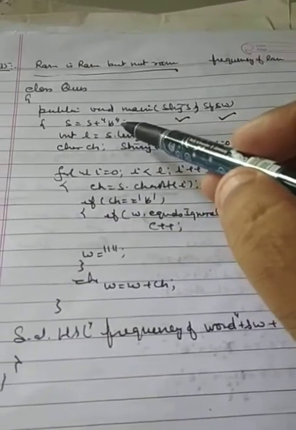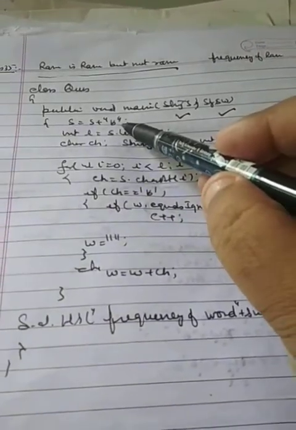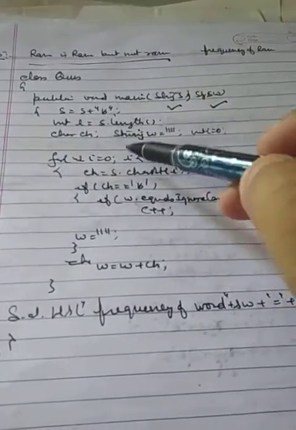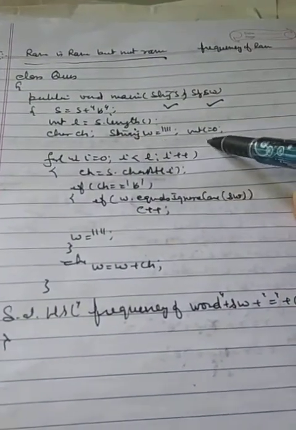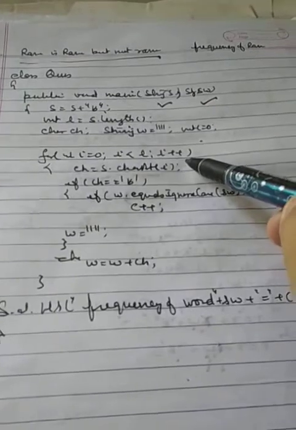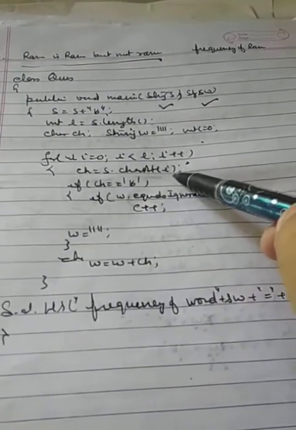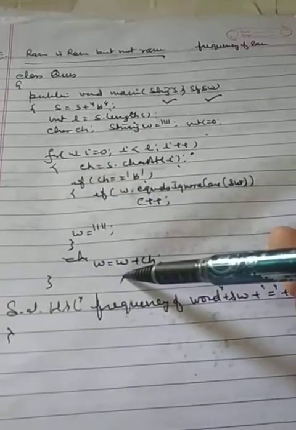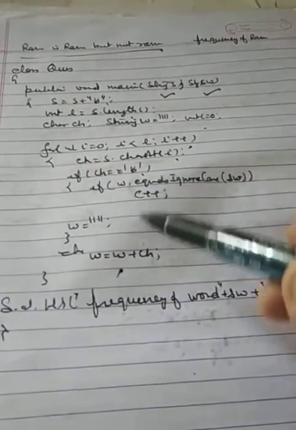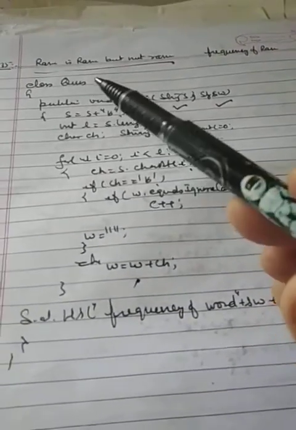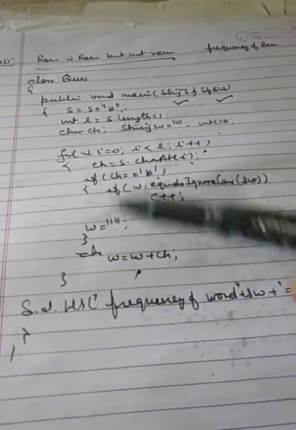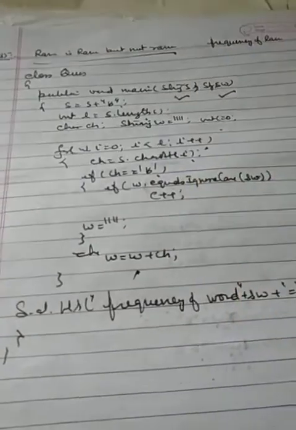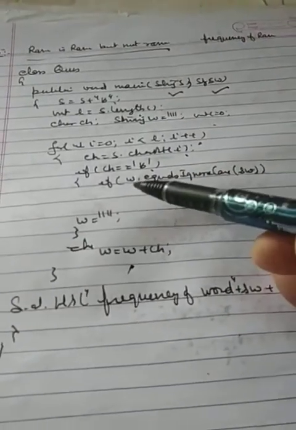Same logic I am putting in. I am adding the space in the end for picking up the words from a given sentence, finding out the length, then string W, int c equal to 0, running a loop from 0 to L. Every time I am picking a character, if the character is not equal to space, W is equal to W plus ch. This is the logic to pick a word. So every word character I am picking, R, A, M, I am adding it up because it is not equal to space. And as soon as I get the space after Ram, W will contain the word.